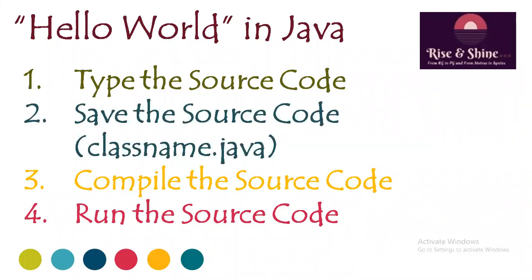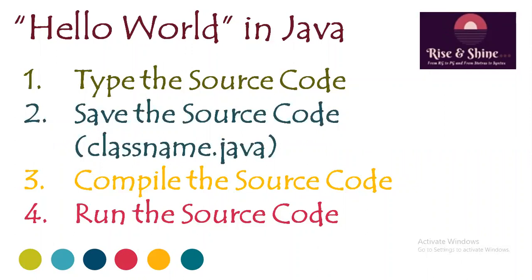Why is it so? Because Java is a specification. Java told us to do this thing in this way. So it is a specification, we have to follow it. Actually, there is a logic behind it, but I will explain that logic in an upcoming session. For the time being, remember that you have to save that file with class name .java.